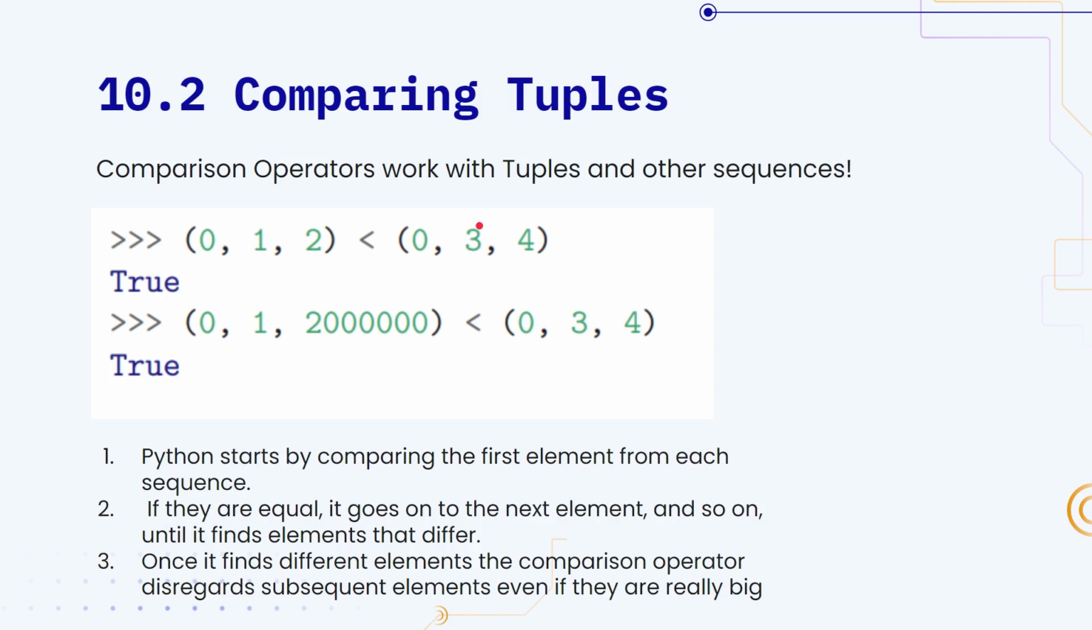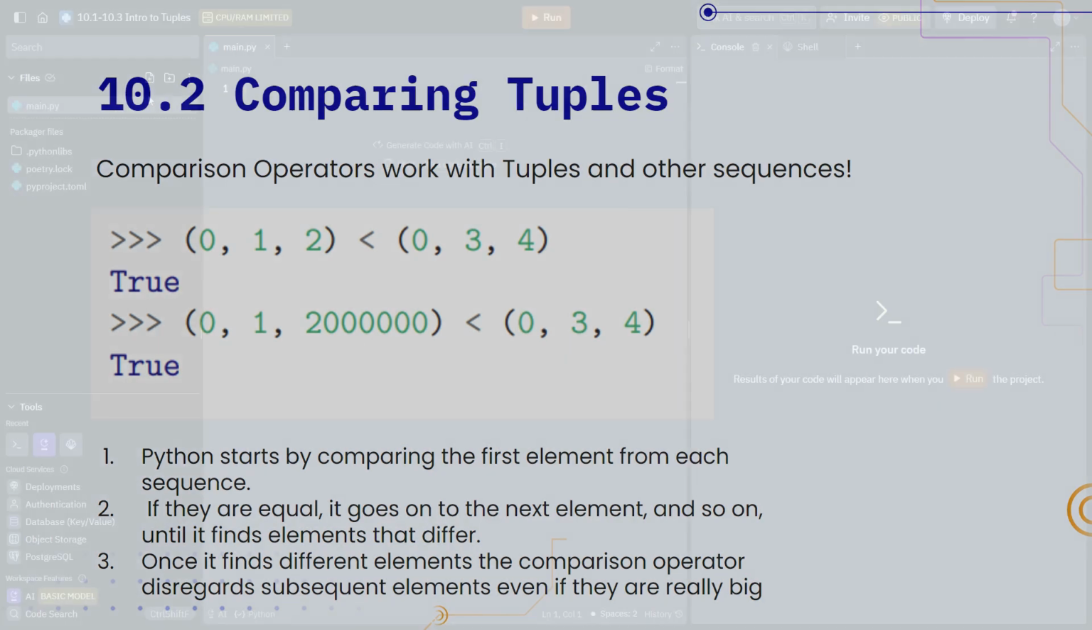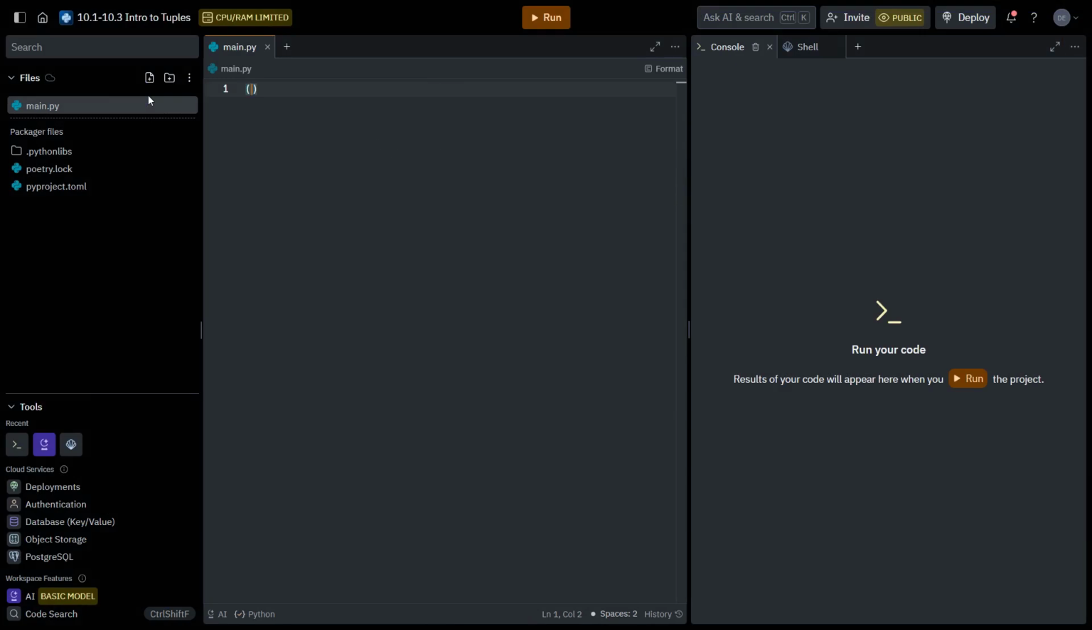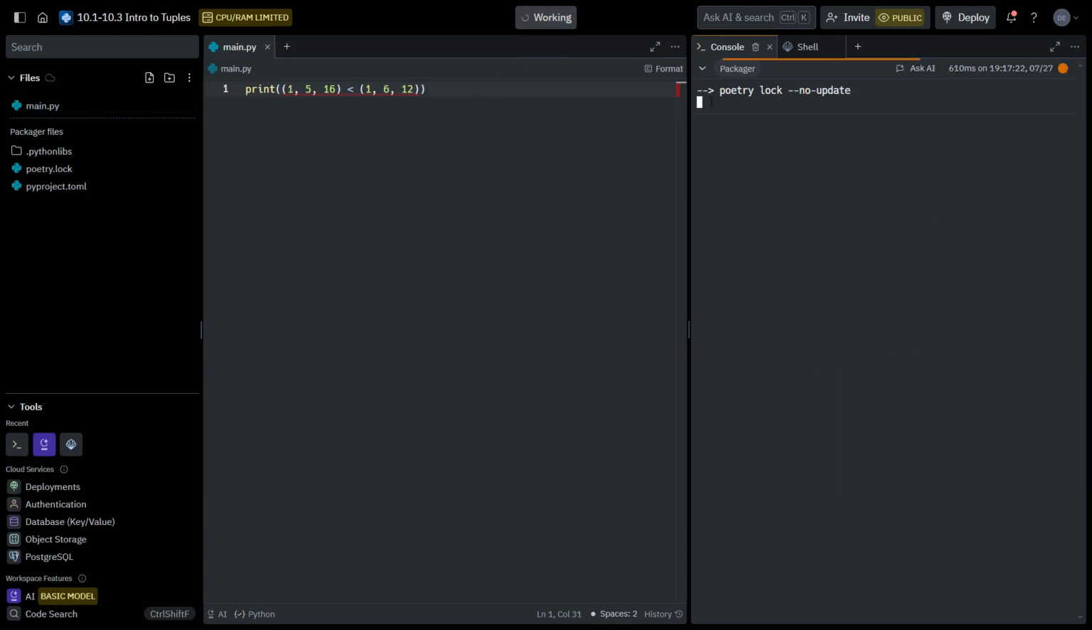So let's look at a couple of examples in Replit. I'll begin by creating two tuples. One will be 1, 5, 16, and the other one will be 1, 6, 12. And I want to compare if the first one is less than the other one, and I will print the result. So if we run this, you can see that it will be true